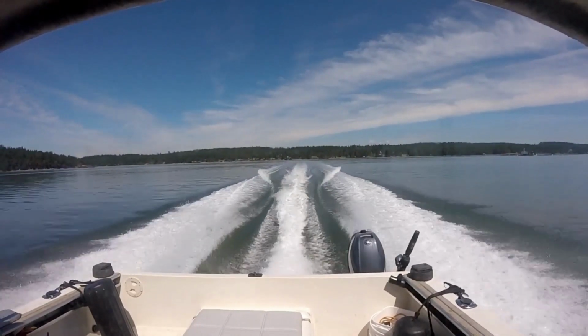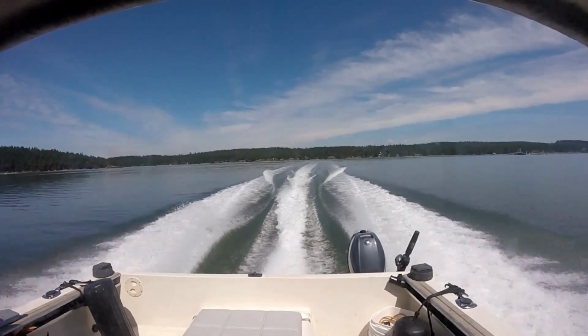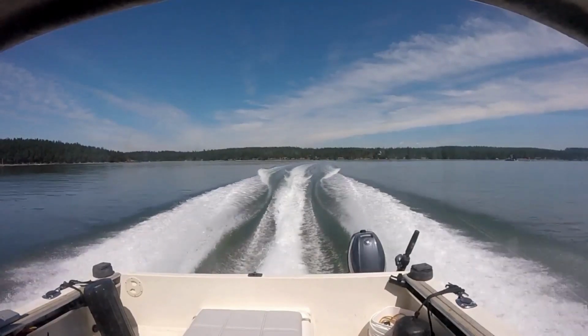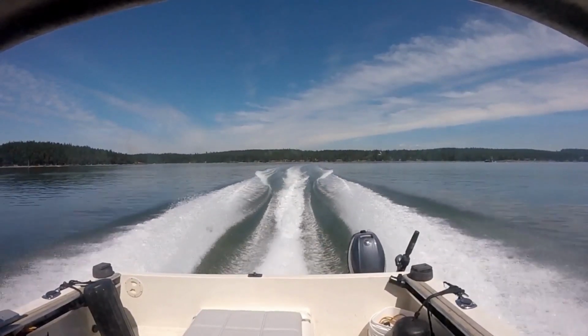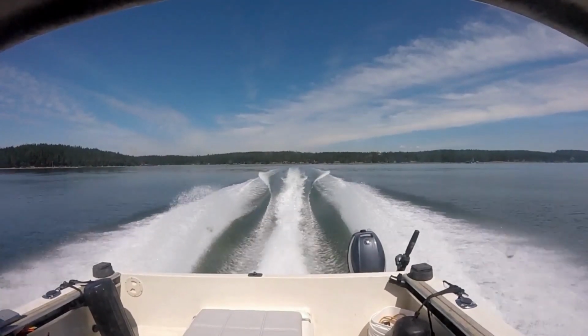So the boat, like I said, goes a lot faster than the diesel did, and so that should help us get to places we need to go to quicker, a little more expensive. I'm kind of sad after this first trip that I let the diesel boat go, but this boat was much more comfortable for us to camp in,